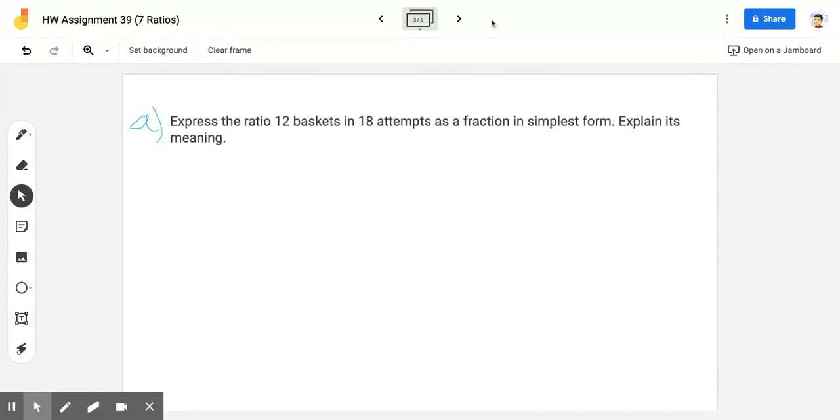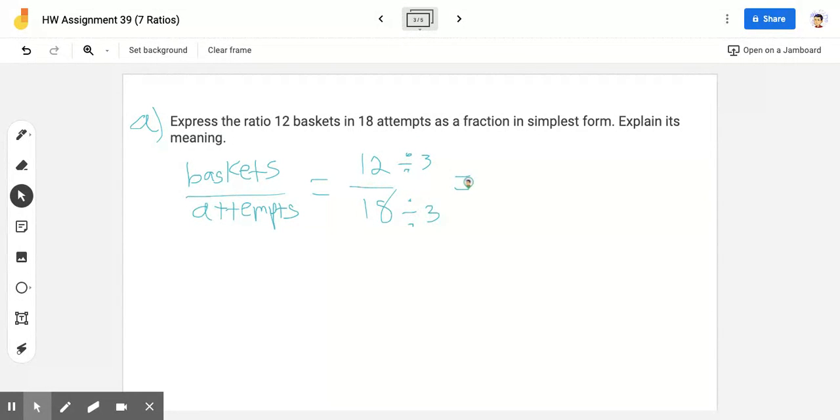So let's go right into the ratios, and this is going to be a rather short one today. We're going to express the ratio of 12 baskets in 18 attempts as a fraction in simplest form and explain its meaning. So 12 baskets in 18 attempts would be baskets over attempts. And if we ever do get lost, I am going to have us write our ratios in words just to help us out. So that would be 12 to 18. This can be simplified because they do have a common factor of 3. So I can divide top and bottom by 3,